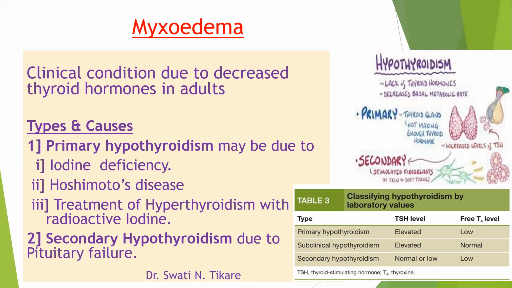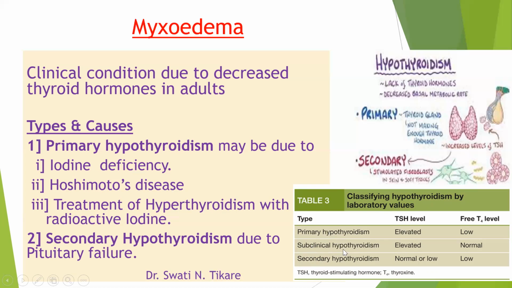The third thing that can happen is treatment of hyperthyroidism. Okay, so to begin with, the person is having hyperthyroidism. That means too much of T3, T4 is there. To treat that, we give radioactive iodine to destroy that. Okay, so while doing that, if we overdo the treatment for hyperthyroidism, the person may end up with too little T3, T4 levels and ending up in myxedema. Okay, so the person was initially hyperthyroid, the treatment was excessive and ends up having myxedema. Okay, so that is the primary hypothyroidism.